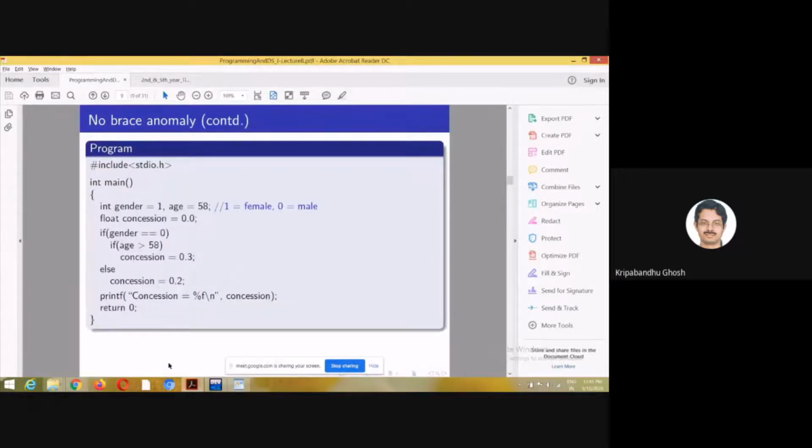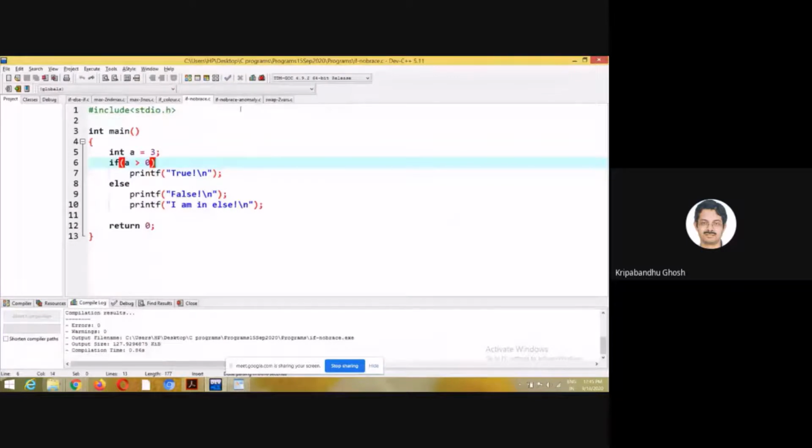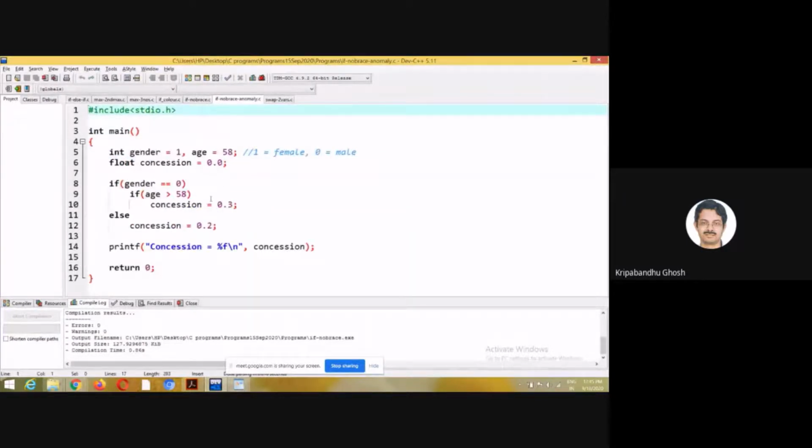There is another problem here with regards to braces. If you don't explicitly provide braces, what will happen is this. So if you go through the code, int gender equals 1 and age equals 58. Gender 1 here means female, 0 means male, and there is a float variable called concession. So I want to calculate the value of concession.